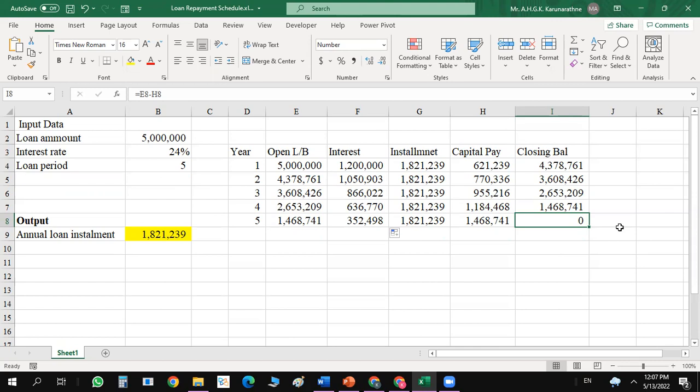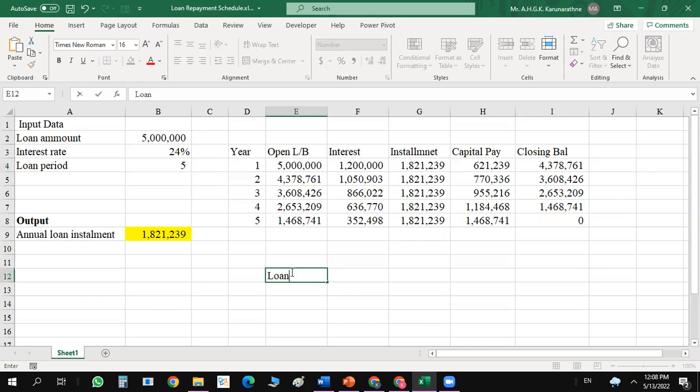So what is the importance of preparing this? Now you know this amount. I'm not going to talk about the double entry, right? Double entry, this 5 million, what is the double entry? This 5 million bank account credit, loan account